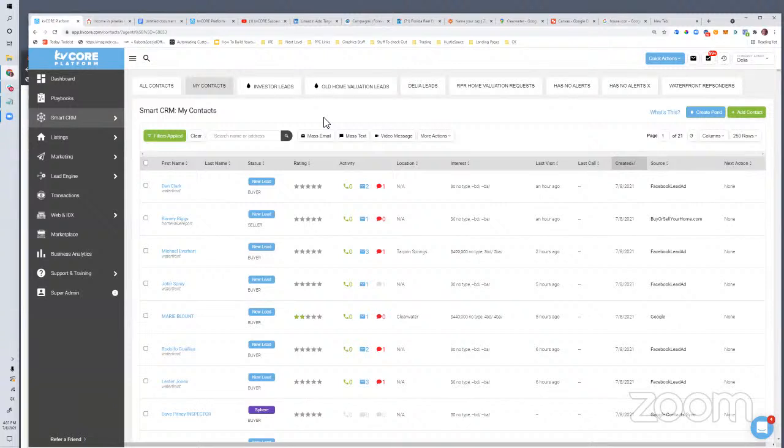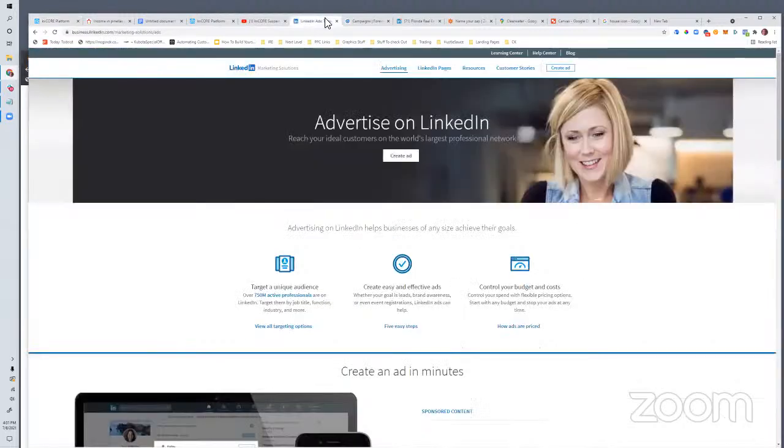If you're thinking about using this as a source, the other way you can use LinkedIn ads, if you don't want to pay for Zapier, they have some other ad objectives. So today I just wanted to get fancy and use the lead forms the way we do on Facebook, but I could easily go in here and run a regular ad that sends a click over to the website. So if I go click ad,